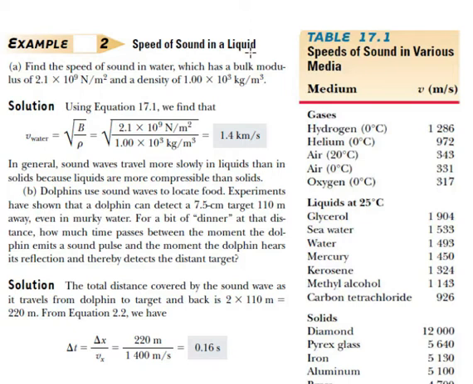Number B. Dolphins use sound waves to locate food. Experiments have shown that a dolphin can detect a 7.5 centimeter target 110 meter away,